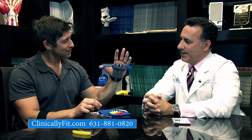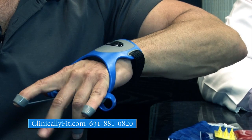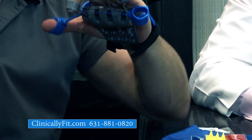So you can see how this works, and I don't know if the camera can get a view of this, but as you wiggle your fingers, you notice that extensor tendon with that middle finger. So for those of you out there with severe tennis elbow that are really looking for a system to work with, if you do wind up using the Extensor as part of the EZElbow Pro system, remove the middle finger from being tethered to a finger band until you feel some relief coming about, where you can add more